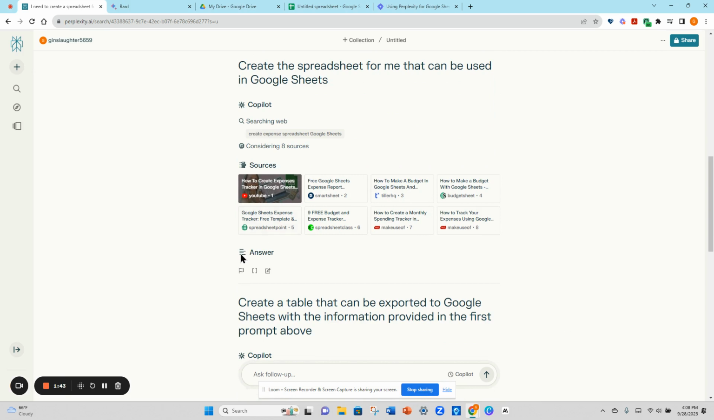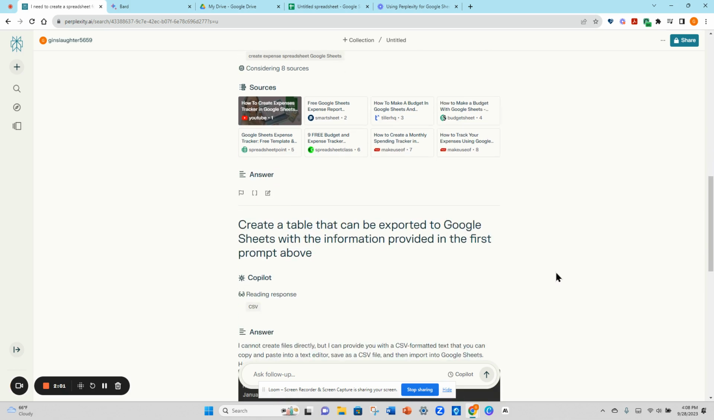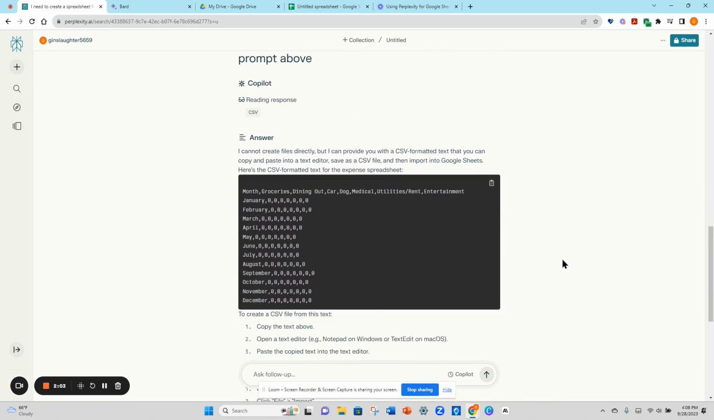This is what threw me off, is that there was no answer. So I'm not really sure what that means. I went ahead and put in another prompt, create a table that can be exported to Google Sheets with the information provided in the first prompt above to see if that would help. And it did. So I don't know why the first one had no answer, but